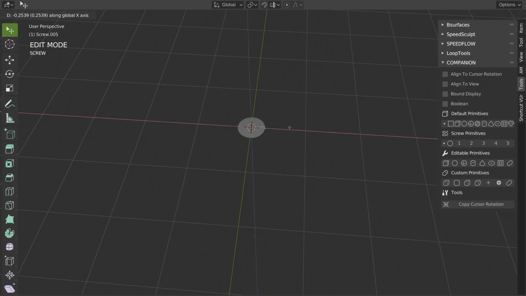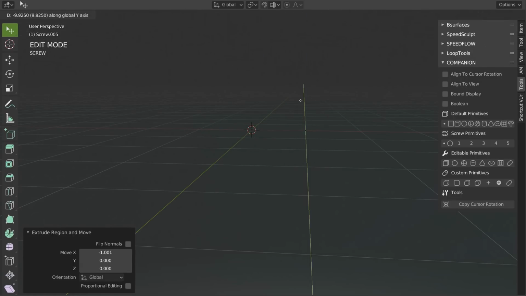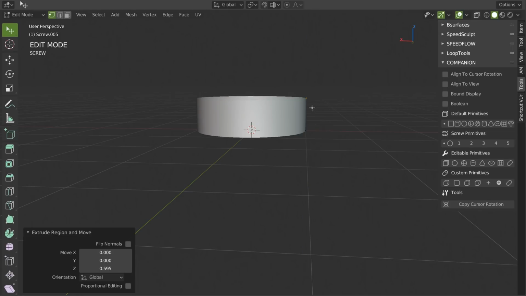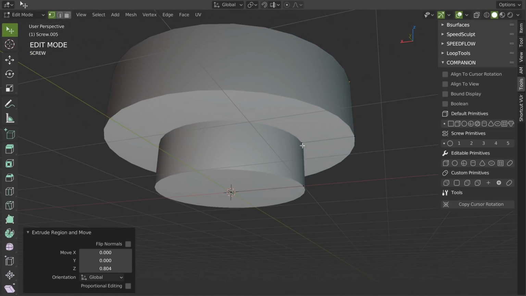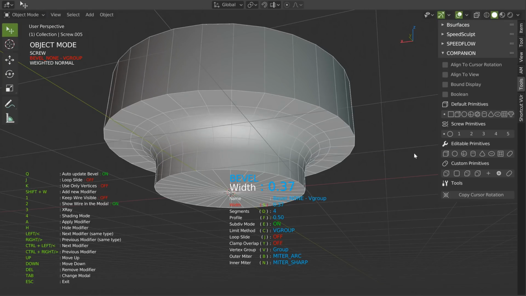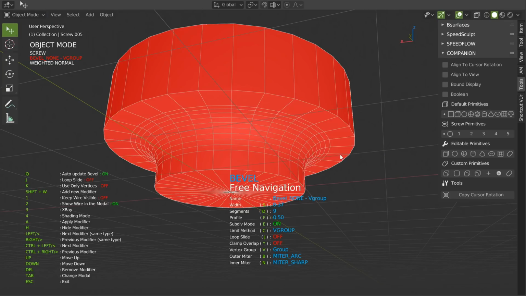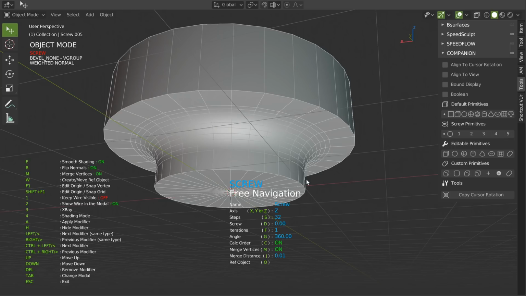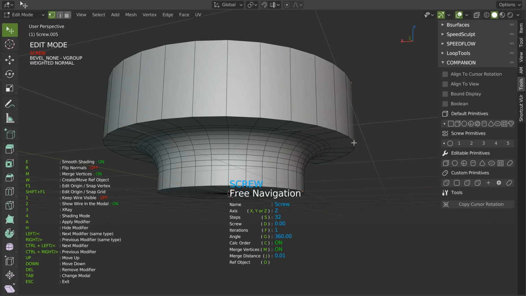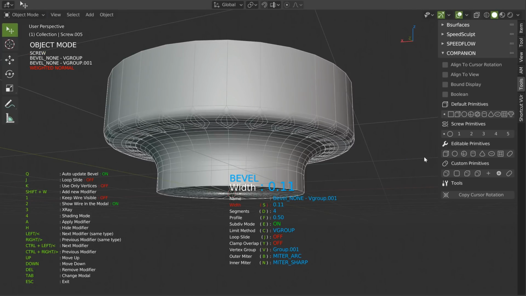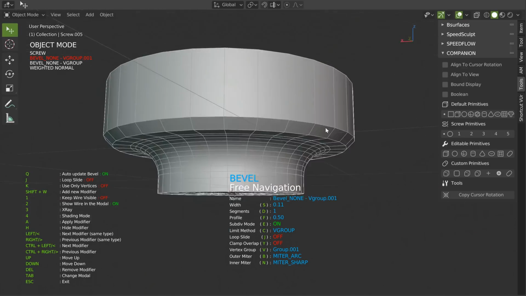I will just press E to extrude, and I will choose the Z-axis, and I have the screw. So like that, I can, for example, call the bevel. I can press 7 to check the normals, come on the screw and press R. And like that I will have something correct. Control Tab, select, Tab, bevel. I will just move it up here. I will play with this, and that's it.